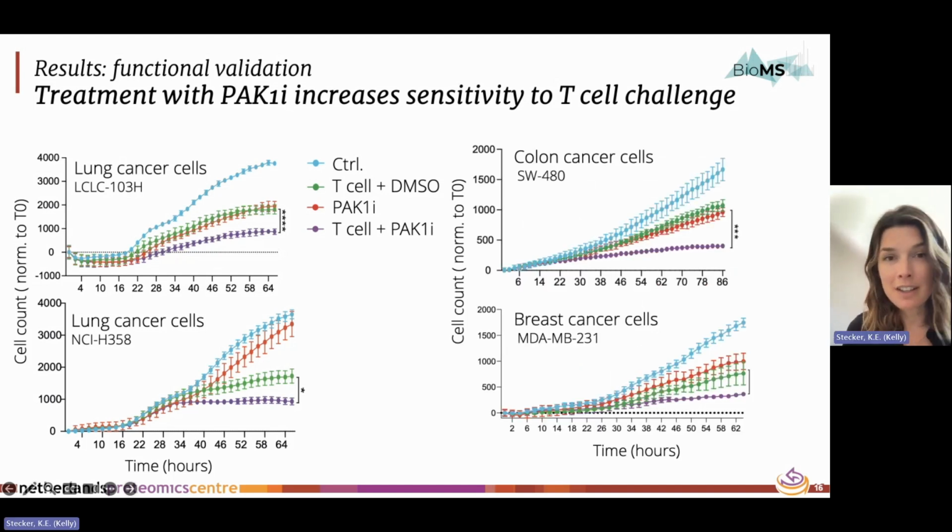Furthermore, we looked beyond lung cancer and we saw a similar trend in colon cancer, in which the combination treatment further sensitized the tumor cells to T-cell killing, and we saw a similar trend in breast cancer cell lines. So this was quite interesting, and it showed that we could really find a functional target from our mass spec